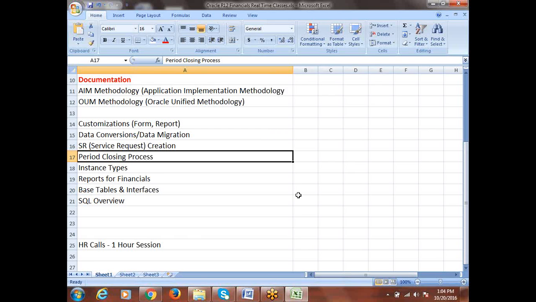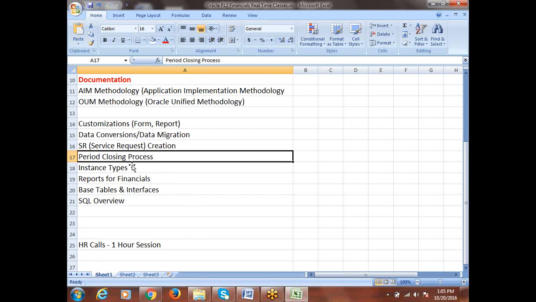We implemented and we leave the project. Once they start working, if it is not working in the proper way, whom do they have to contact? So that is the reason whatever implementation we did, we have to show them the results also, whether the system is working properly or not. For that, normally after doing the implementation, if you work on any implementation project, the general expectation is that you'll be in the project for 2 or 3 more months, where at least 1 or 2 periods will be closing. Closing periods is something we have to do at every month end. The clients will schedule when we have to take the initiative. There is a separate process to close it.